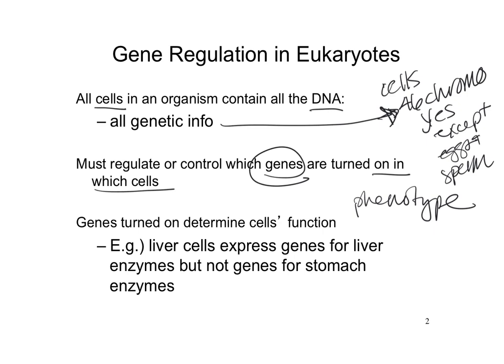All the genes are there. They're not always turned on. They're not all turned off. Some are on all the time. Some get turned on and off. Some are off all the time in a specific cell type, right? Liver cells make genes for liver enzymes, but they don't make genes for stomach enzymes. They don't make antibody molecules. That's a white blood cell. They don't make neurotransmitters. That's in a nerve cell. They have the genes for neurotransmitters. They have the genes to make antibody molecules, but they don't because they're turned off.